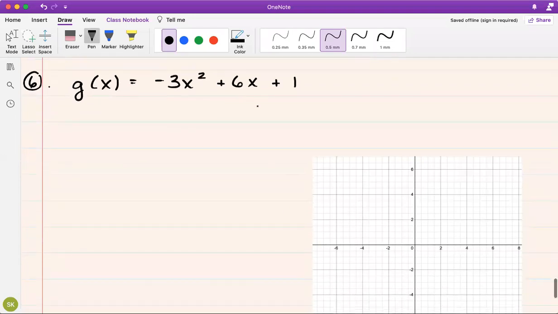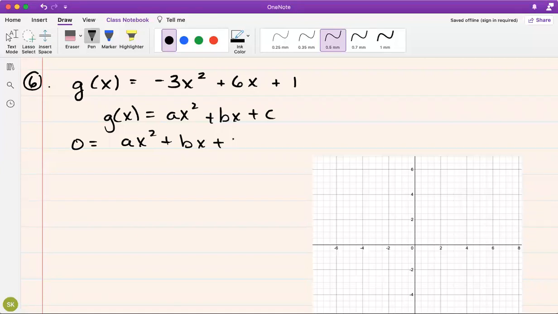Okay, so this is the final problem. We have g of x is equal to negative 3x squared plus 6x plus 1. So we want to characterize the zeros of the function here. Now this is in the form g of x is equal to ax squared plus bx plus c. And since this is in this form, if we set it equal to 0,